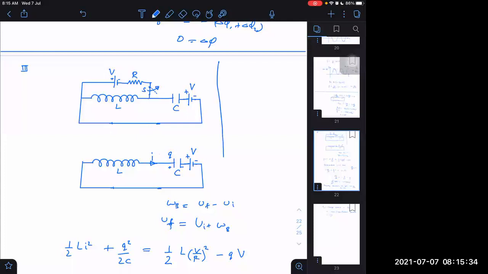What I want to get is charge as a function of time, current as a function of time. I already know initially the current is maximum, and that current will start decreasing gradually and it will become zero, and it will always reverse the direction. If it is initially maximum, then I know this will be the situation. Is that right or not? It is the I versus t graph. What is the value of that? The initial value was V by R, so it will be V by R into cos omega t. Is it okay?